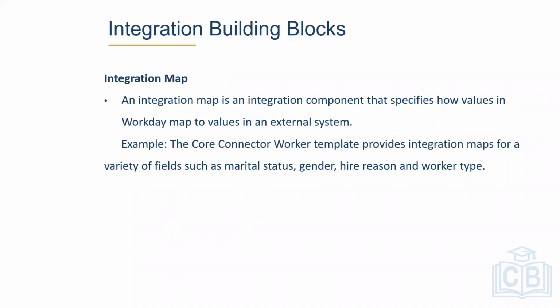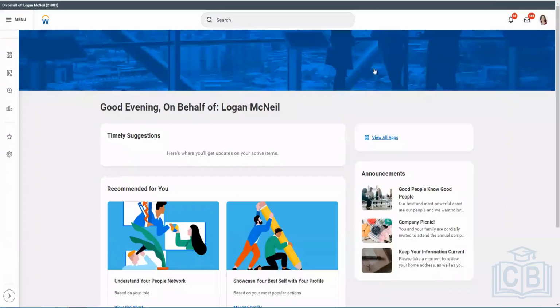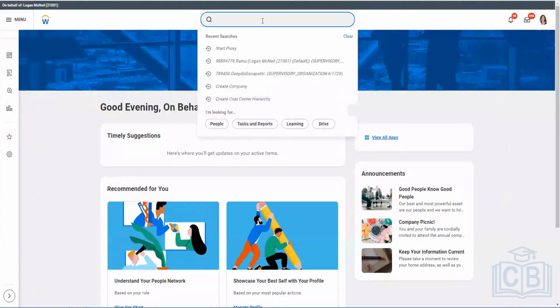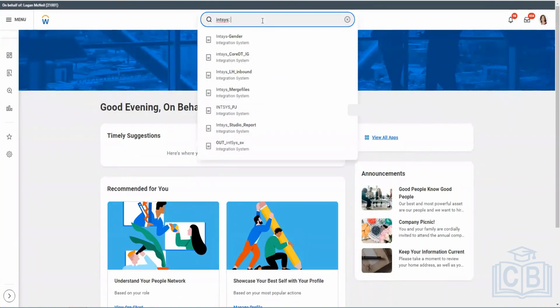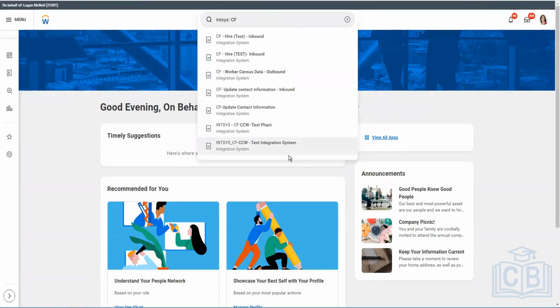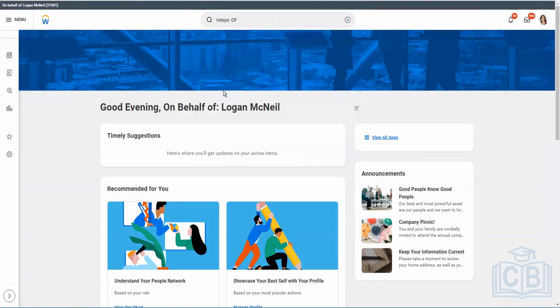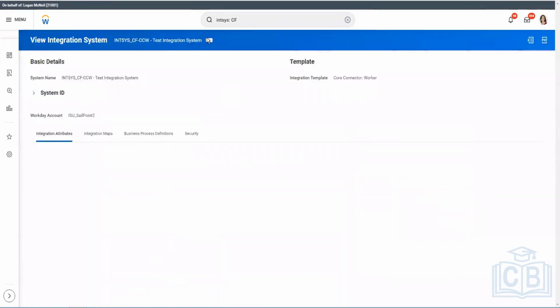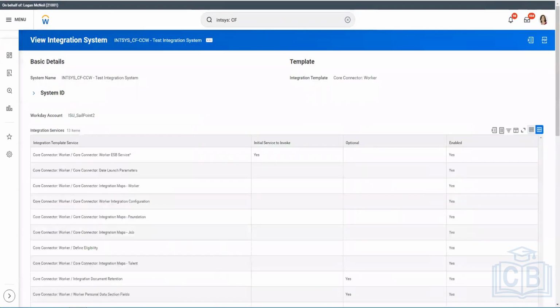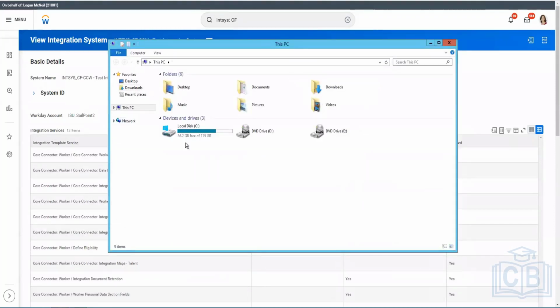So if you look at our integration system, I believe we saw in the last one,